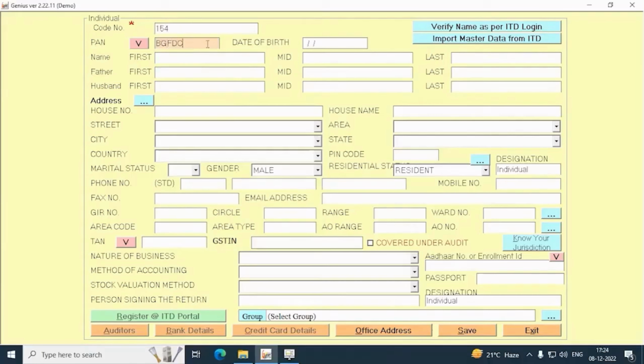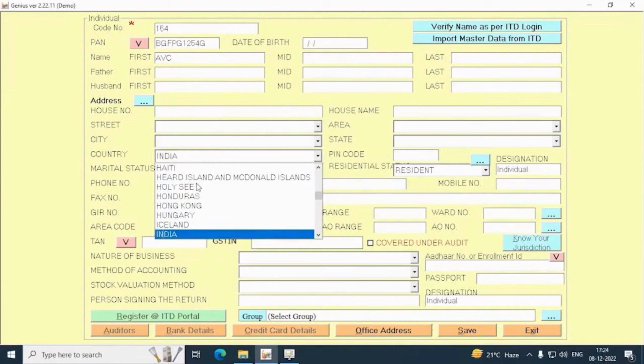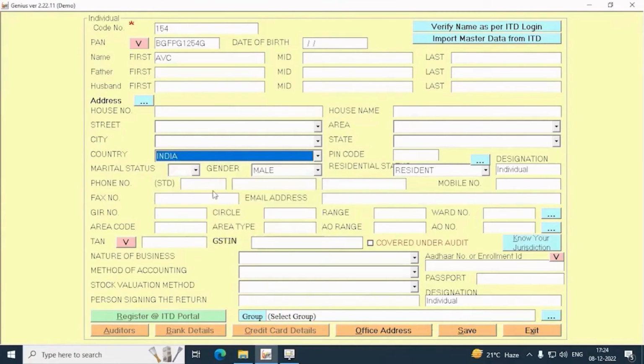After that, you can add the basic details of client such as PAN number, name, father's name, Aadhaar number, address, etc. Here we have mentioned some new options like verify name as per ITD login and import master data from ITD.